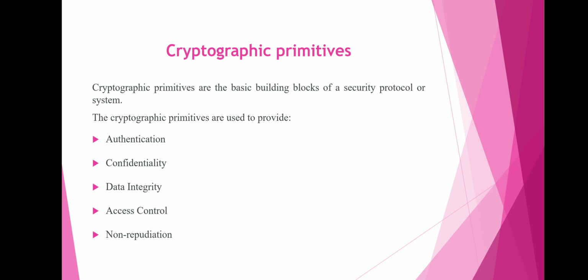And what is meant by two factor authentication? We need to authenticate ourselves to the system by using two factors. Along with the password, we need to use one more factor, that is smart cards. The best examples are debit cards and credit cards. If you want to withdraw money in the ATMs, first we need to enter the smart card, and then the password, that is the first factor. So we are authenticating to the system by using two factors. Along with the password, we require the smart card. So that is two factor authentication.